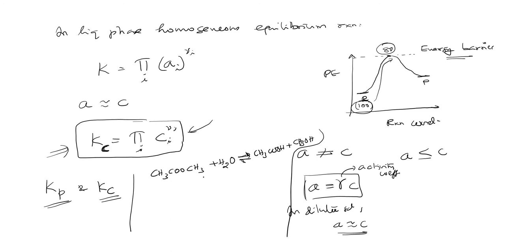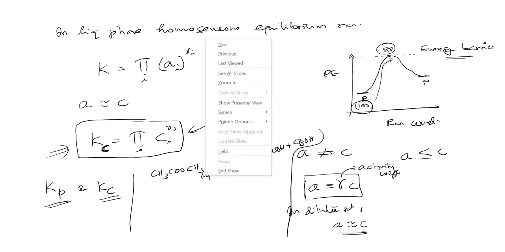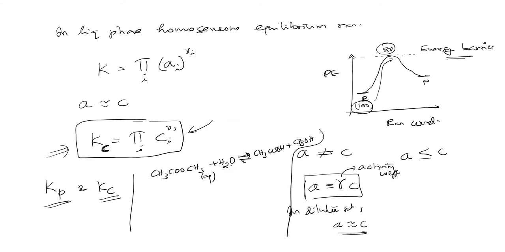Now listen here, everything is in the aqueous phase, so it is a homogeneous liquid phase reaction. For this reaction we can write the equilibrium constant directly. You know very well that the stoichiometric number is negative for reactants and positive for products. So if you write reactants and products together, you get reactants with negative powers and products with positive powers. If you bring the reactants to the denominator, the power becomes positive.